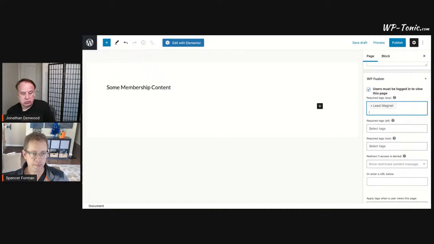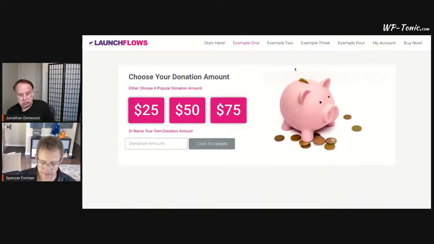Now, when you think back of the sales process, what's so cool about that is that it means that you can build a sales funnel with launch flows in WooCommerce that directly sells somebody one thing, but immediately offers them other things just by giving them extra tags. And I've got an example of that here. We've shown this before, but if we go to Launch Flows demo, where we've got this set up with some sales funnel stuff,